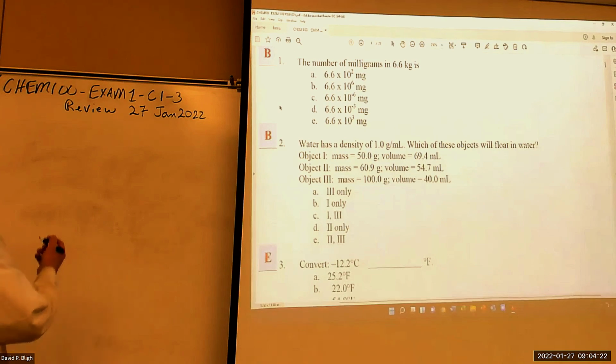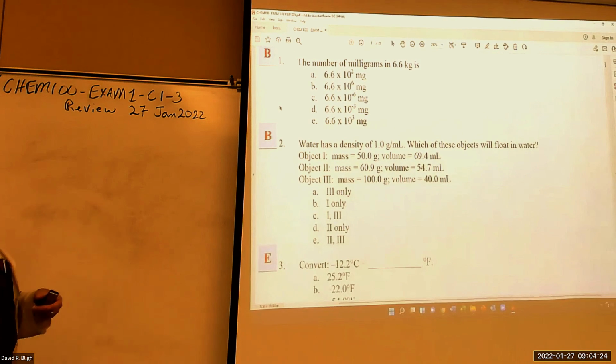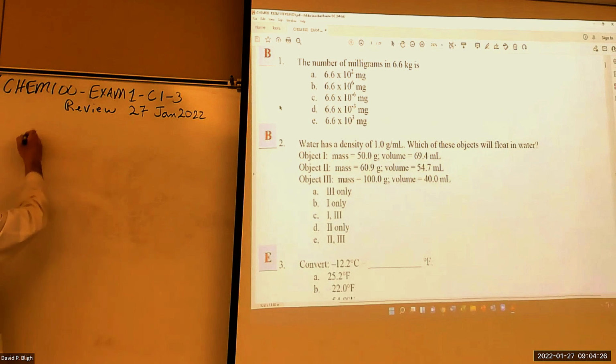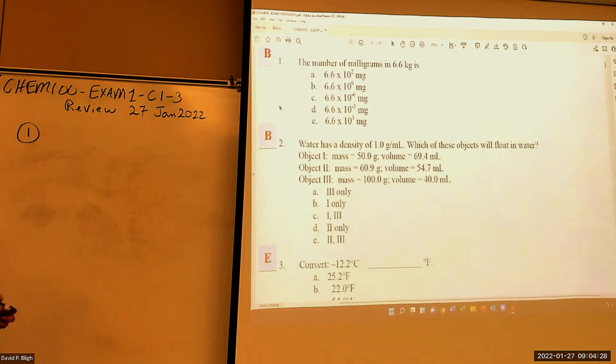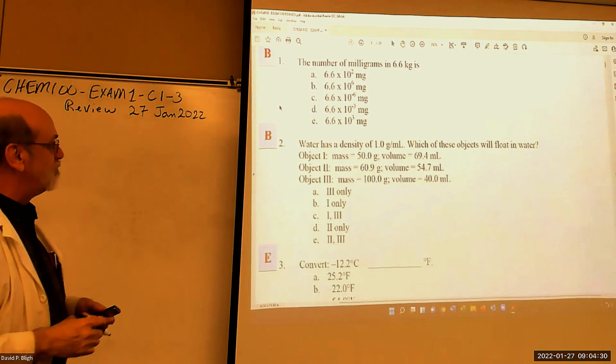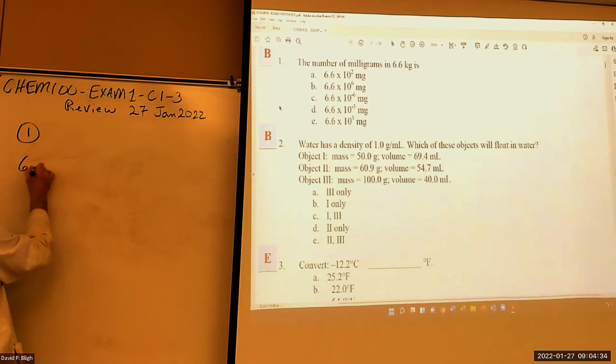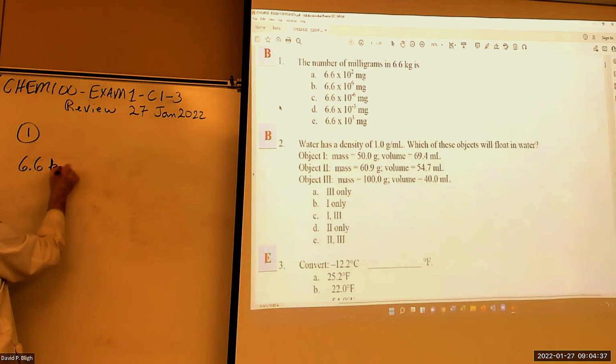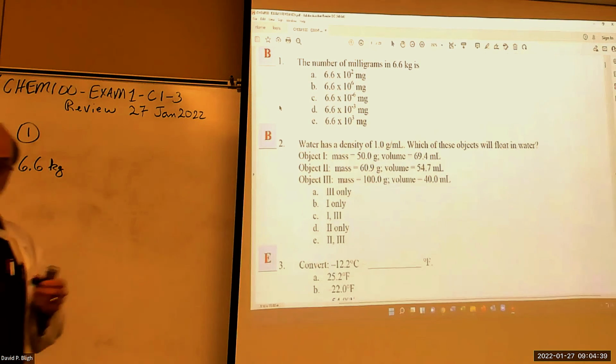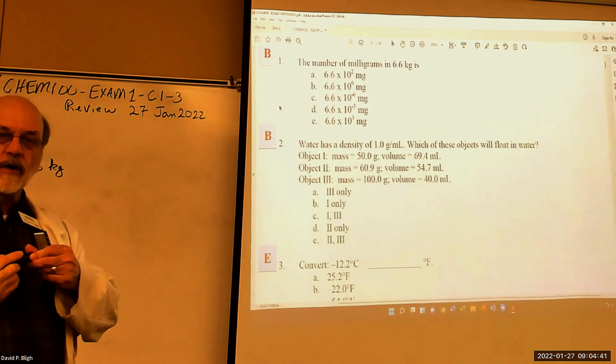Okay. So for the benefit of the recording and our viewing audience, we'll look at number 1 first. The number of milligrams in 6.6 kilograms. Okay, this is our starting point. We've got that many kilograms, we know. We want to convert the units